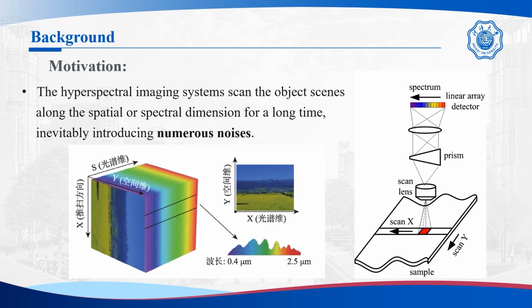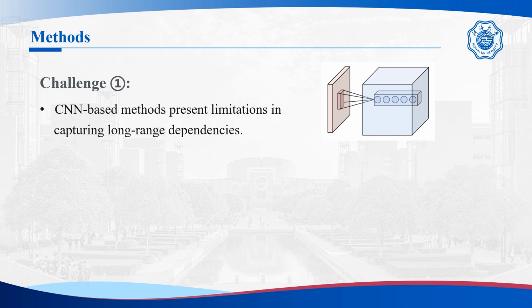Second, the hyperspectral imaging systems scan the object scenes along a spatial or spectral dimension for a long time, inevitably introducing numerous noises. The CNN models only model and analyze a limited receptive field, and thus neglect the global contextual information